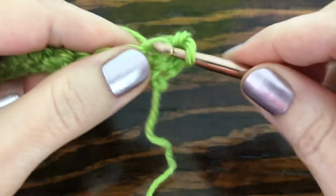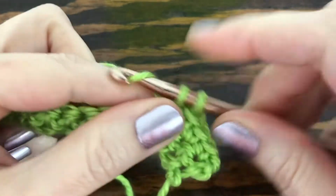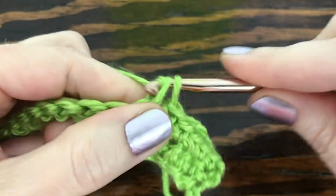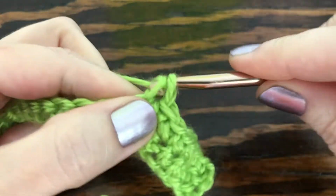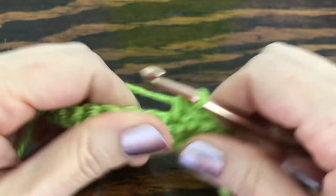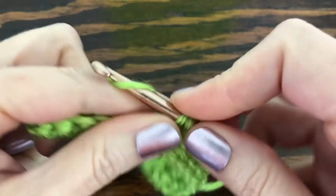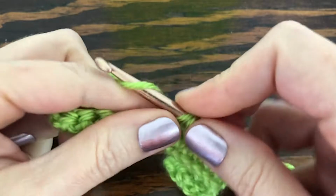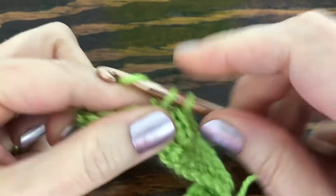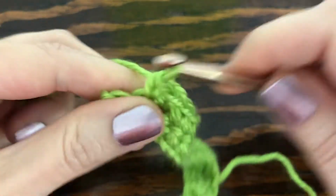1, 2, 3, 4, 5, 6, 7, 8, 9, 10, 11, 12, 13, 14, 15, 16,